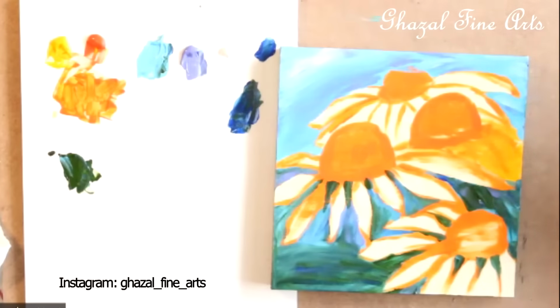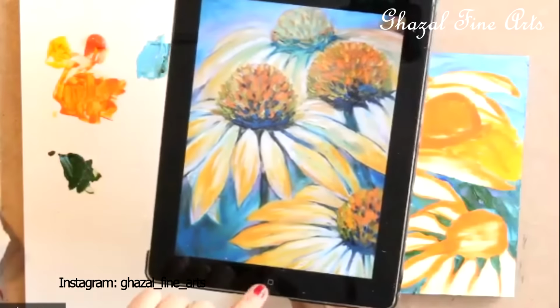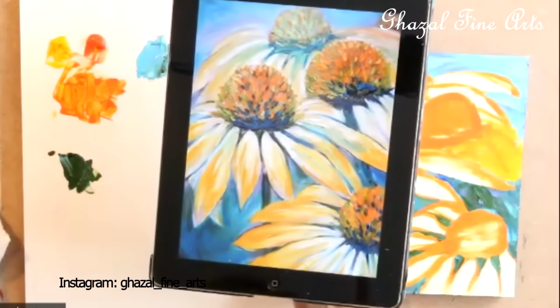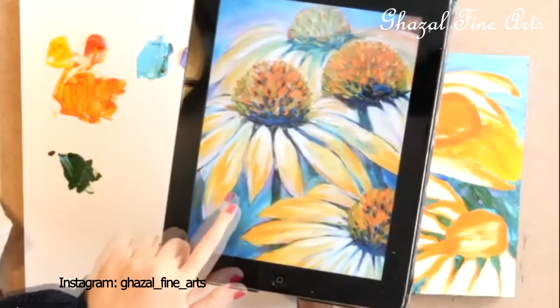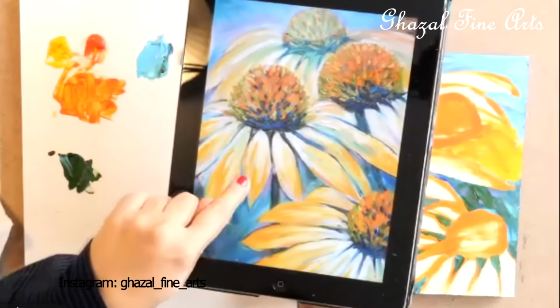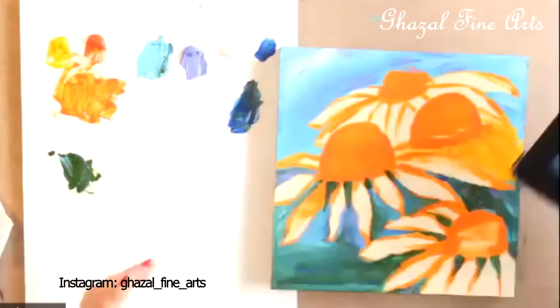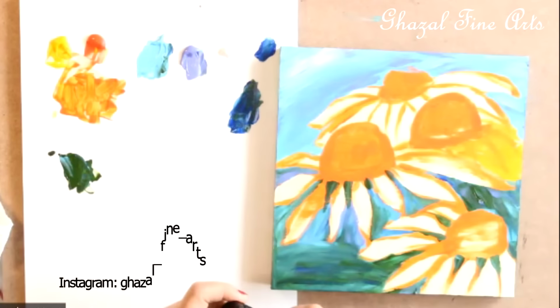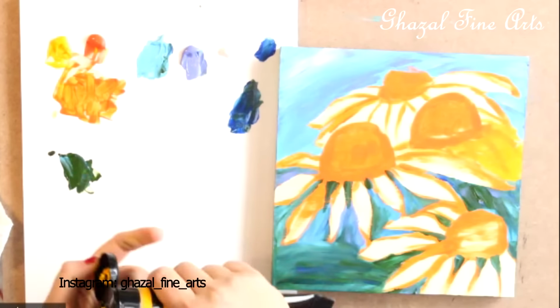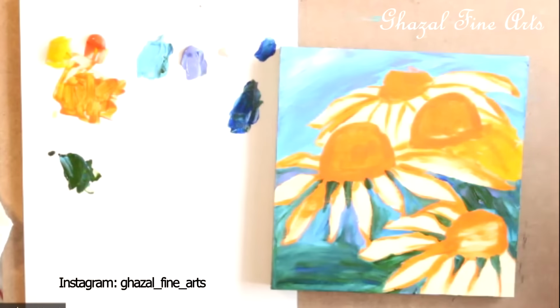So we finish with the background, and now we can start working on each petal. If you see, each petal is covered by different colors, like darker yellow, which is a little more orangey, yellow, white, and some feeling of purple and green effect on that. But the base is yellowy white. So we need to add more yellow, white, and then we already have green, and purple we already have. So I try to add more yellow and more white color